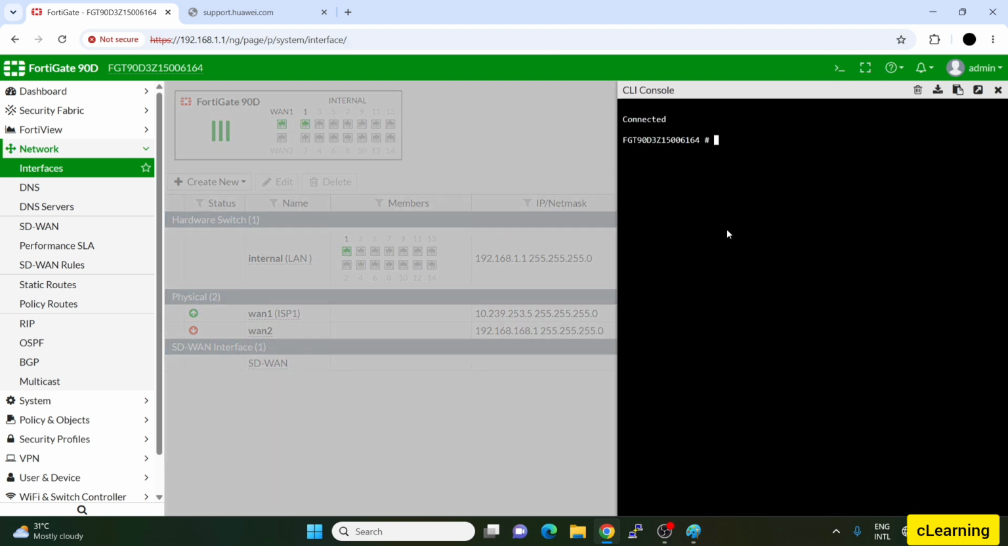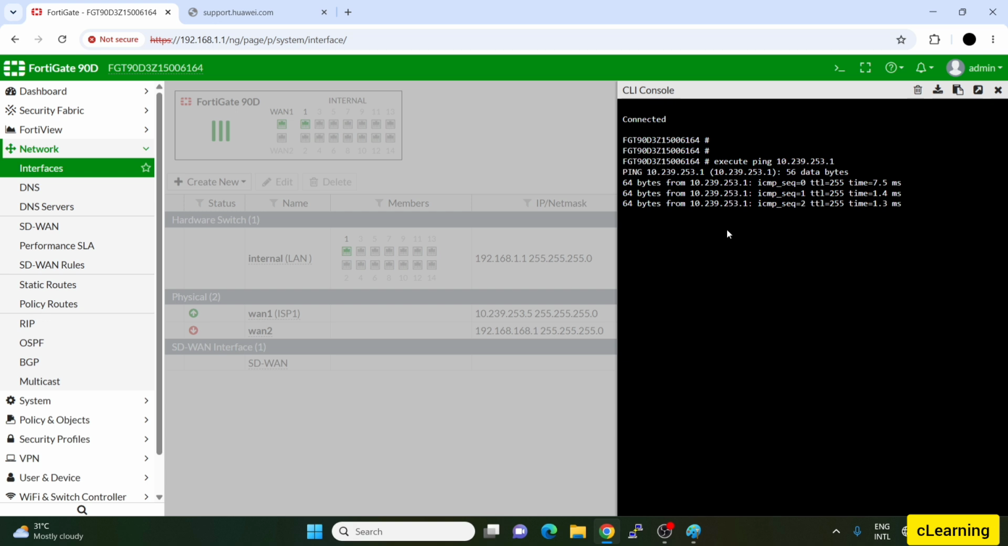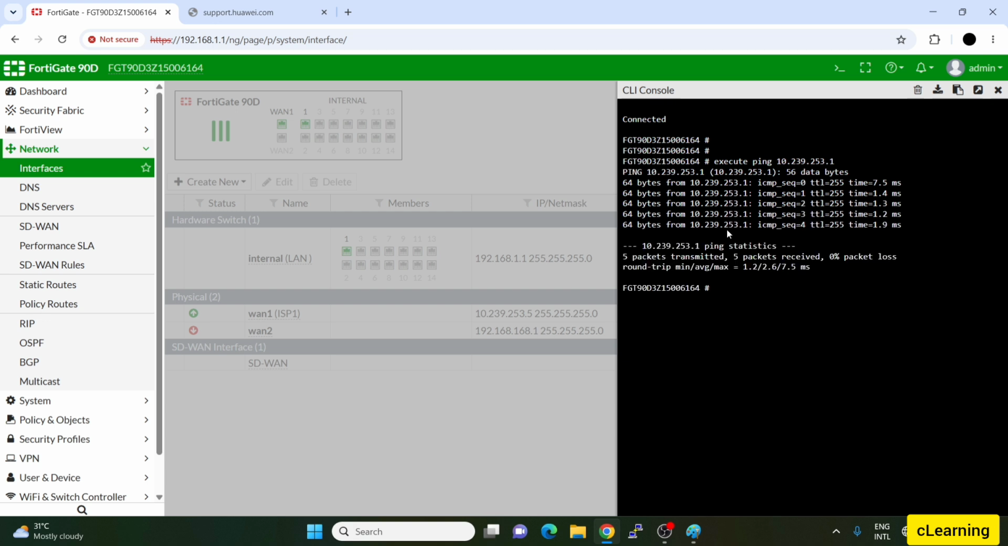So if you execute ping 10.239.253.1, so it's reachable. It means that it's reachable to the next hop. And if you try to ping 8.8.8.8,